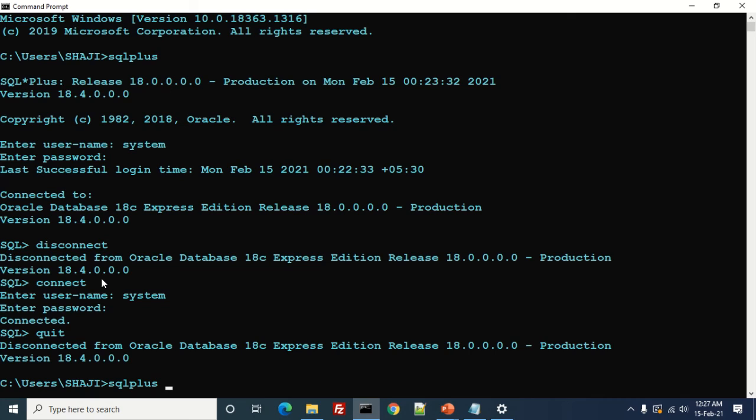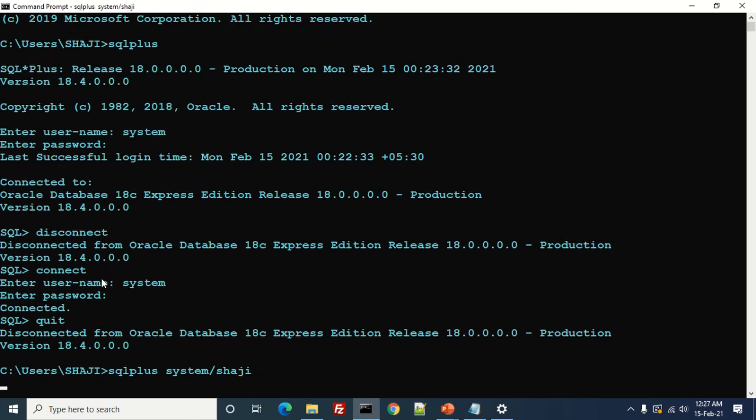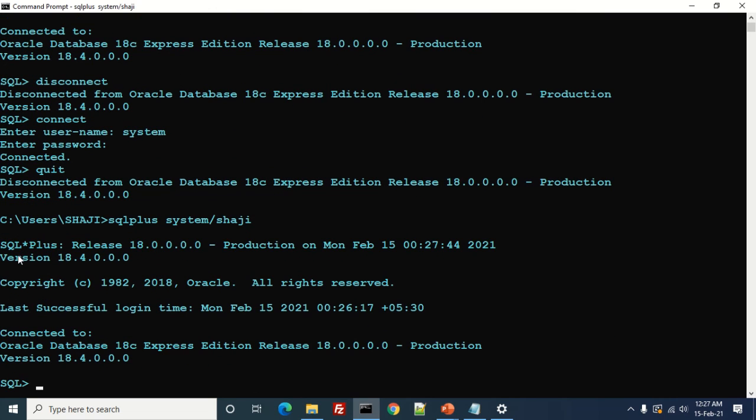So sqlplus space system slash password, I said Shaji. I have given the username and password so that it is not going to prompt for them. This is another, faster way to start SQL Plus and connect to Oracle. So it started SQL Plus and is also connected to Oracle database, and you are at the SQL prompt.